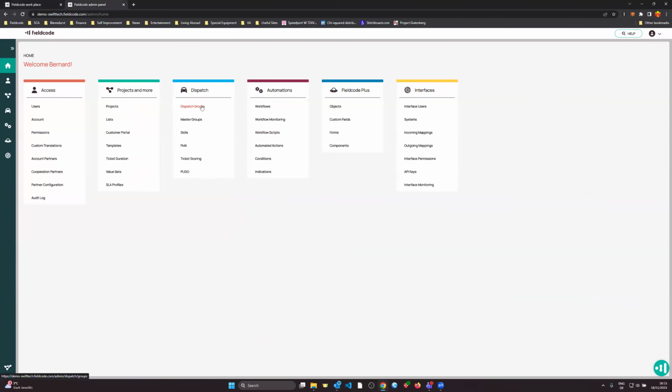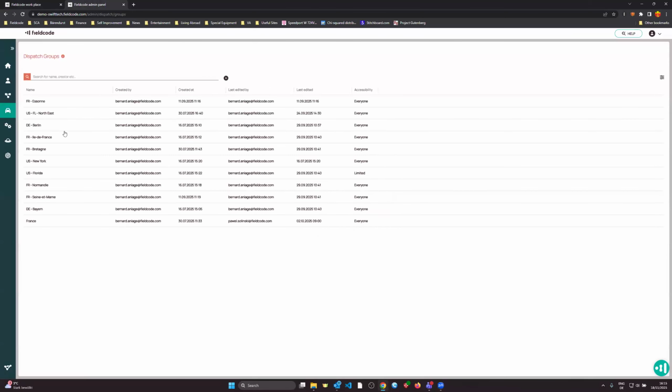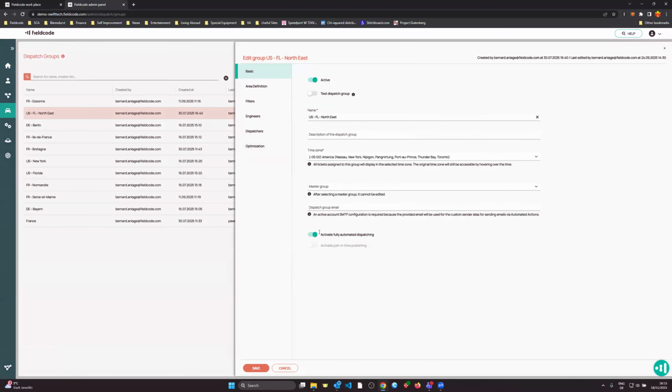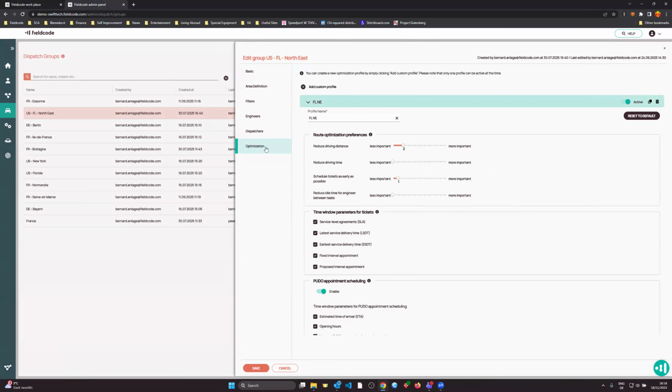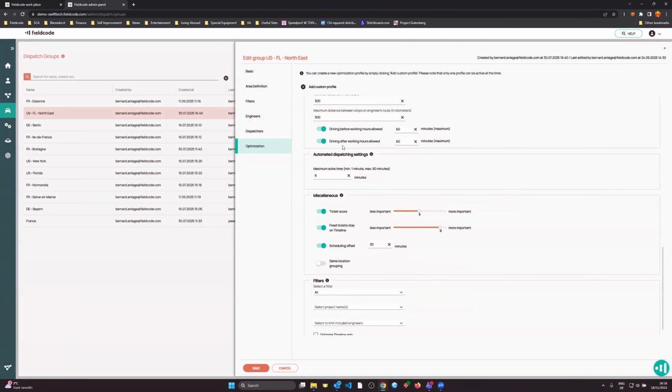And under our dispatch groups, within the dispatch groups, if you have an enterprise level plan, you can set up or activate fully automated dispatching, meaning the optimizer will run at certain intervals and try and schedule all the tickets out onto the timeline that it can under a certain set of rules. We now have an option within the optimizer profiles, which you can find underneath the optimization tab within the dispatch group, that appears only if that is selected, and that is for the automated dispatch settings,